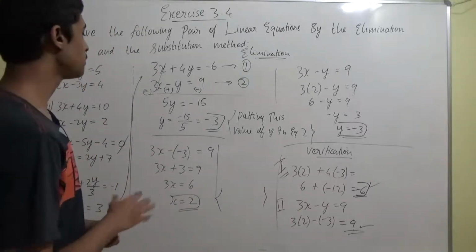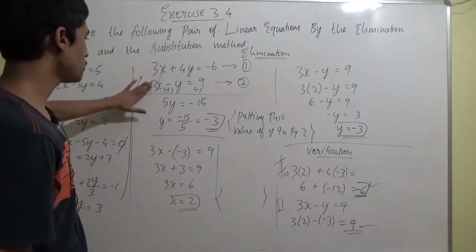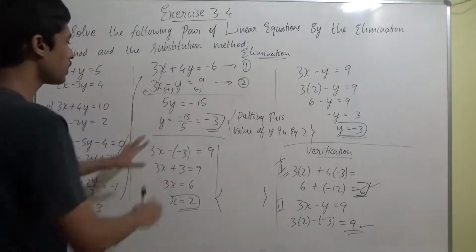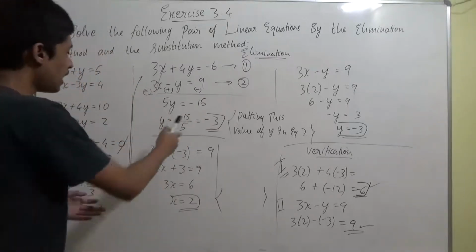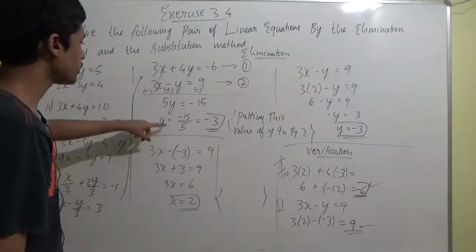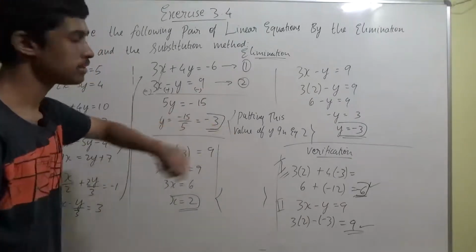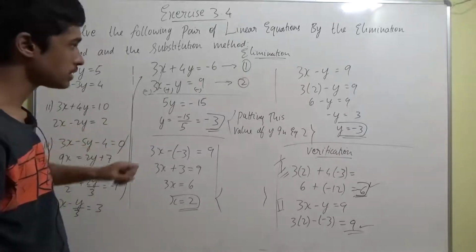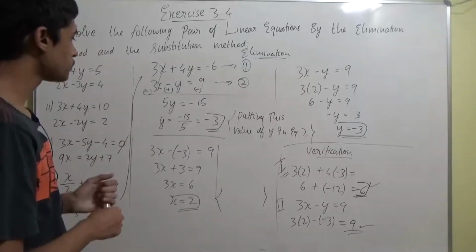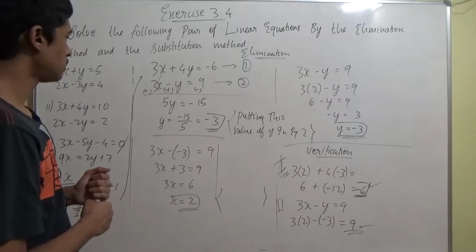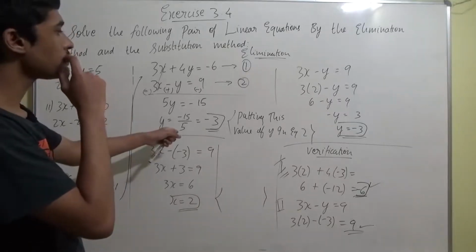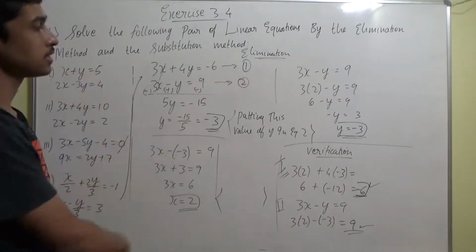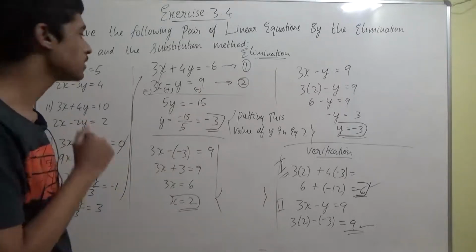Now this was from the elimination method. We eliminated x here. With only y we found the value of y. Correct. And then this value of y we put in equation 2. See, there we wrote the explanation as well. Putting in equation 2 we got the value of x. After getting the value of x, what did we do? Oh, okay, we already found the value of x, so that step was unnecessary, not required at all, so I didn't see it.